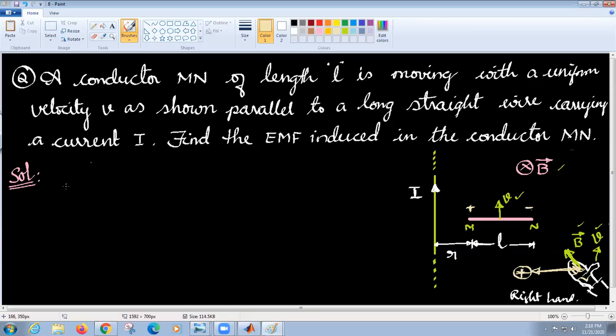So I want to find that. I want to find the induced EMF now. How do I find this? For that, we do a little arrangement like this. I can take this blue one. Say this is R, right? Any help? How can you do it now?